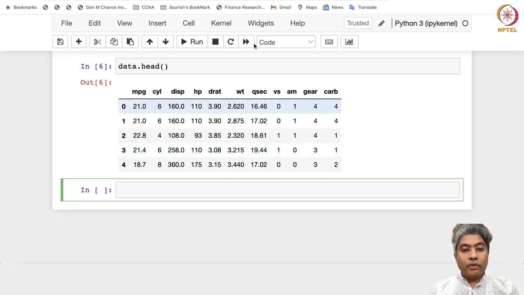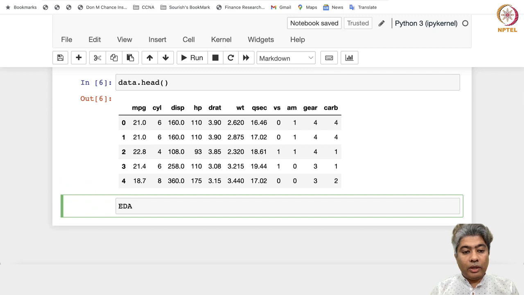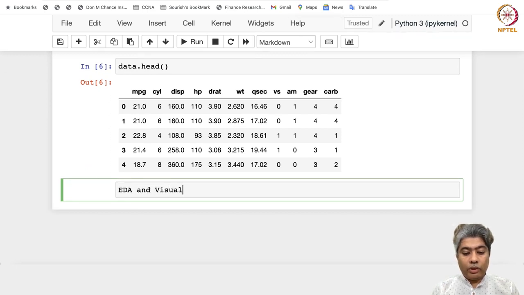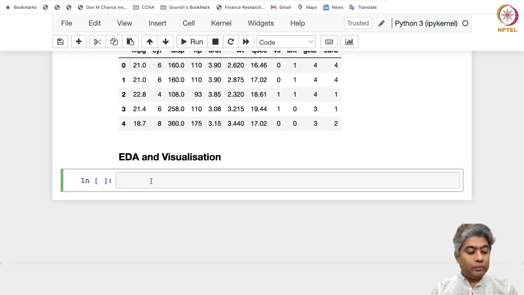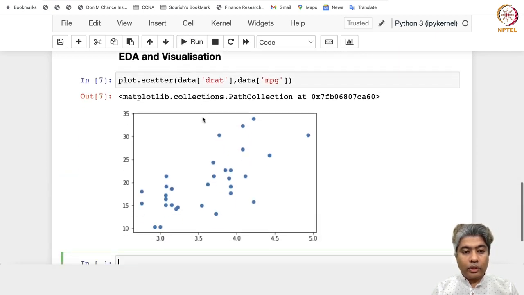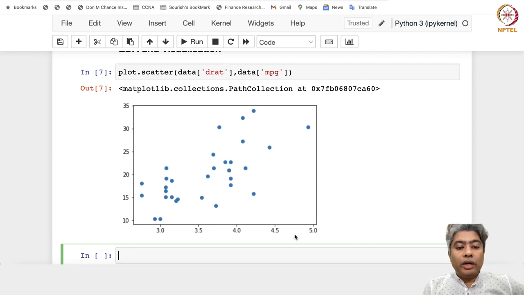Now first what we have to do is some EDA and visualization. So I will put a heading on that, maybe a third-level one. Now first we make a scatter plot. So data, DRAT, and data MPG. If I run this, you can see it is plotting the data, but